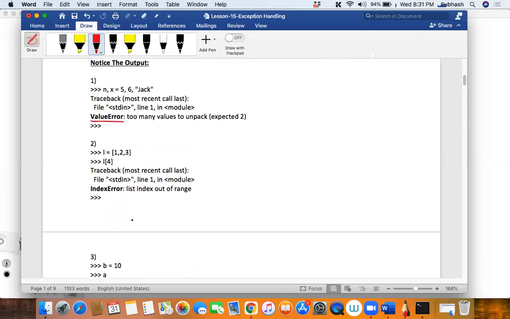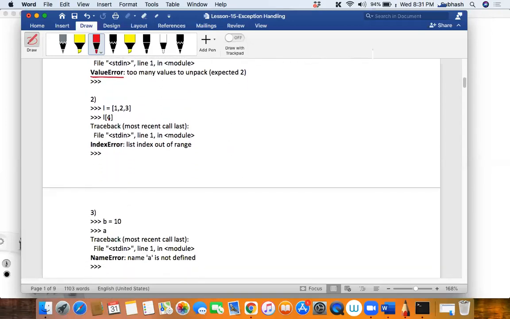Okay, now what is happening over here? Can you see that? What am I trying to do? I'm trying to access an index which is out of range, right? So again, the Python interpreter will give me an error saying index error. Again, this is a runtime error. It is not able to do that, so this is called an index error. This is the operation it is trying to do, but it is not possible. Therefore, the Python interpreter will give me an error called index error.